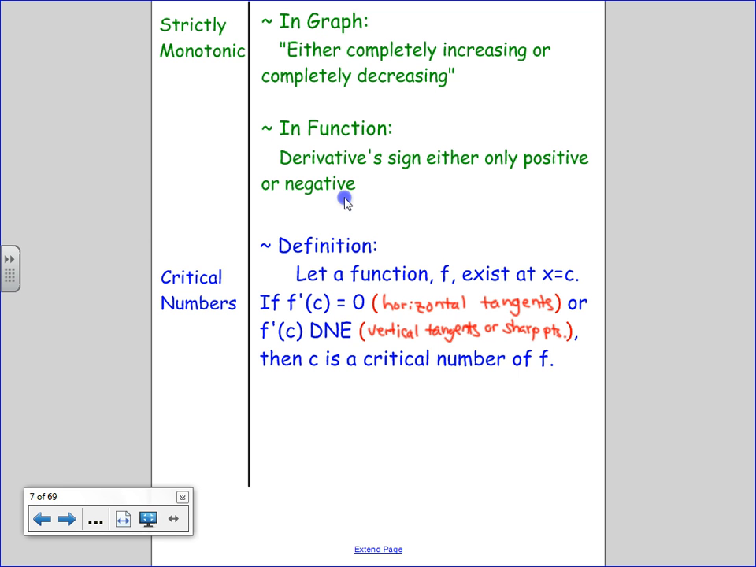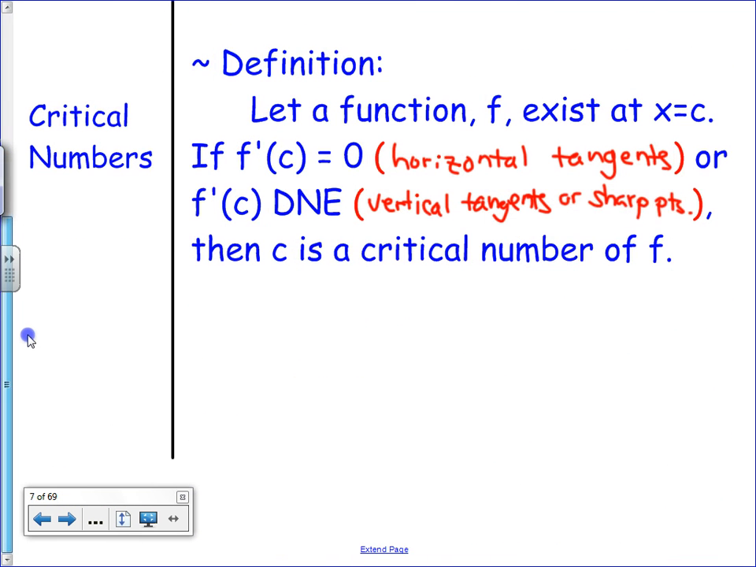There was that forever card. Let me zoom in a little bit. We should be past strictly monotonic, I hope. Now, quick reminder, I think I've shown you this before this year. To find the critical numbers,